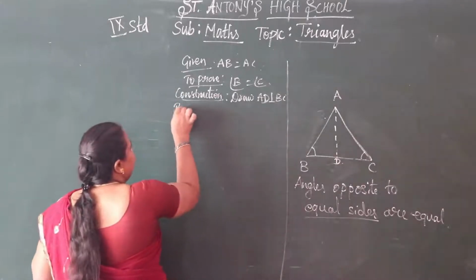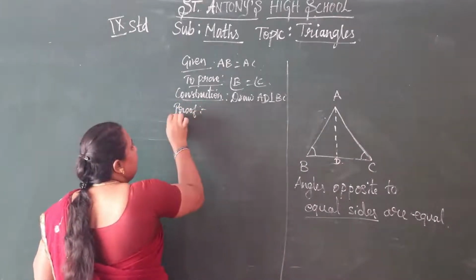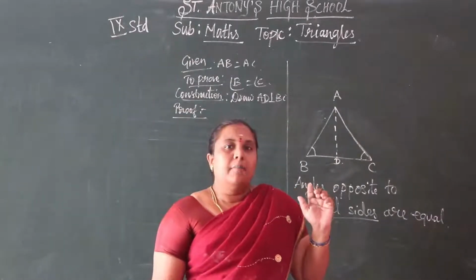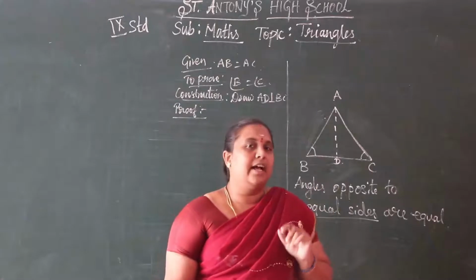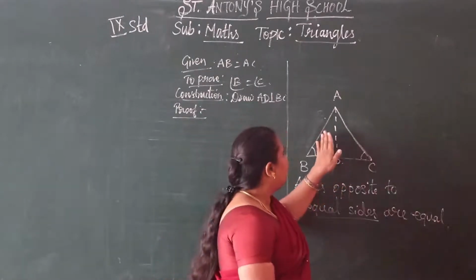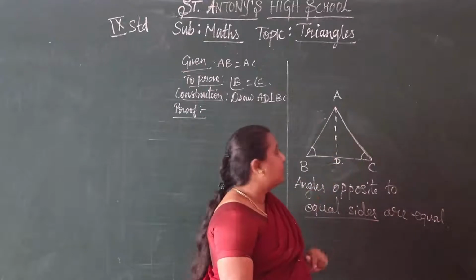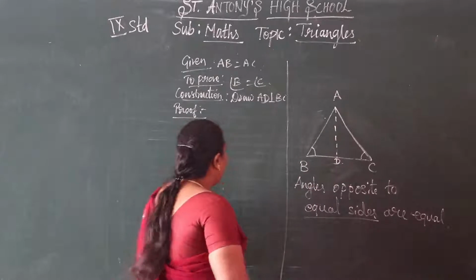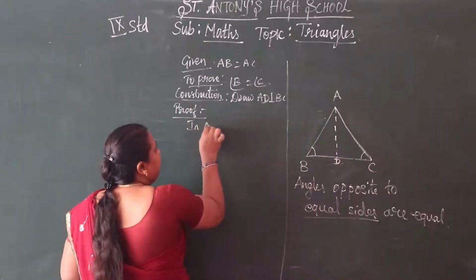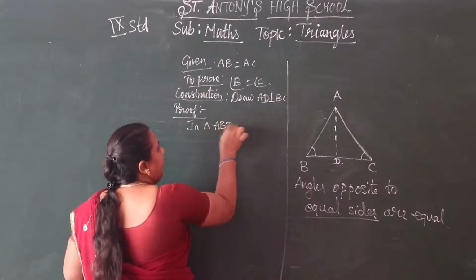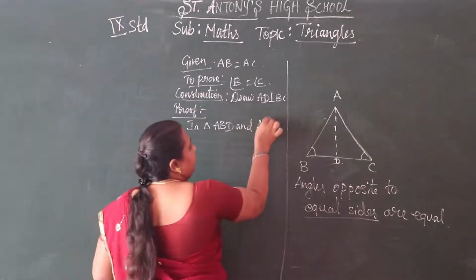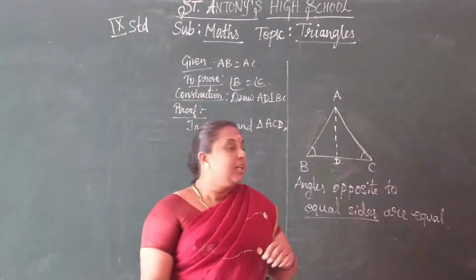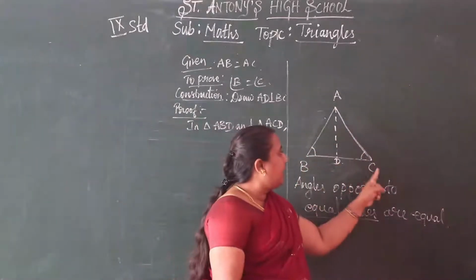Now the proof, based on the congruence of triangles. How to prove this? We can take two triangles here: one is ABD and another one is ACD. So in triangle ABD and triangle ACD, in these two triangles,